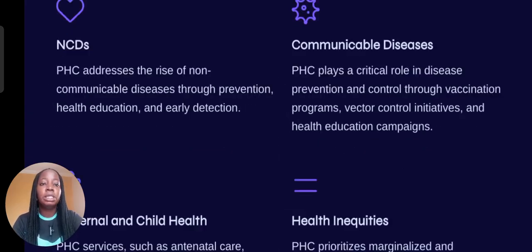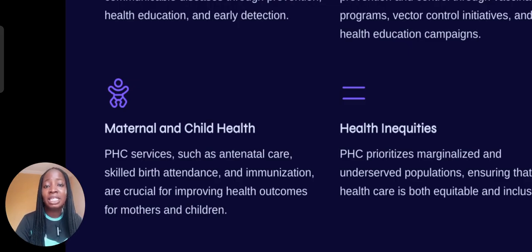in the communities. Now, when it comes to maternal and child health, you know, when it comes to population, children and pregnant mothers are at risk of falling ill. Okay, so providing healthcare services such as antenatal care, skilled birth attendants, which is very essential in reducing maternal and neonatal mortality. We also have immunization of newborn babies, under 5 children, even the pregnant mothers themselves. It's very important to improving health outcomes for both the mothers and the children.